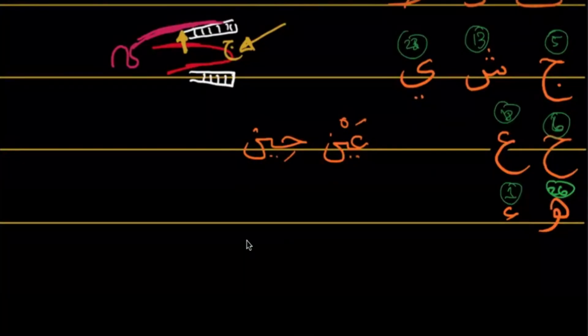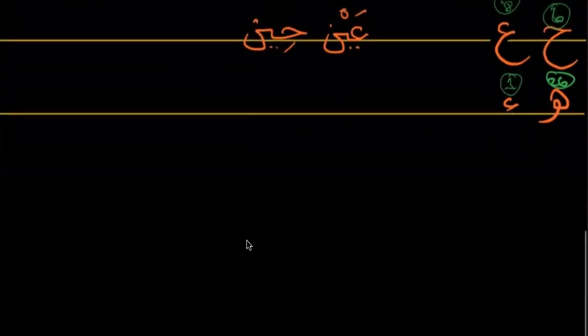And you might doubt me here. You might say, well, it sounds to me like letter 6 and letter 26, ha and ha, they're closer. And letter 18 and letter 1, they are closer. Ah and ah. So these are close. So basically what happened here is that